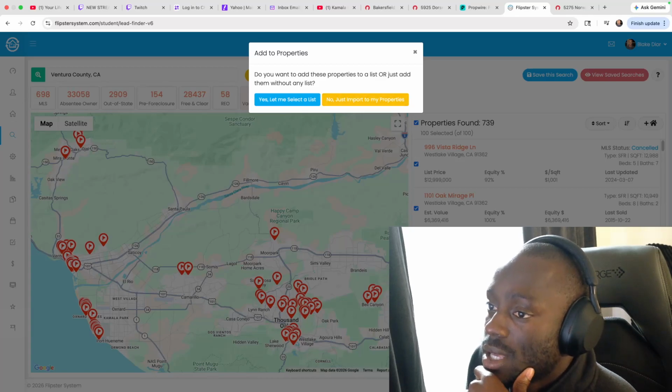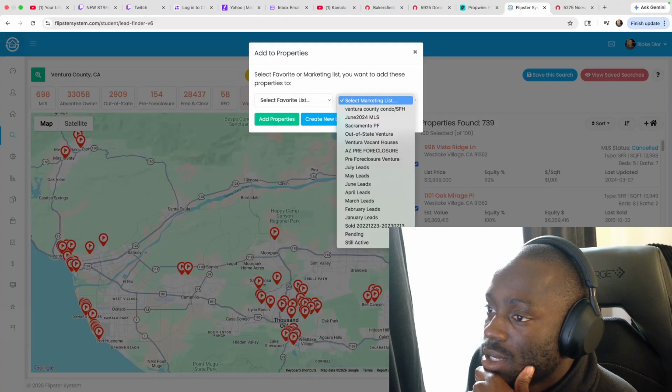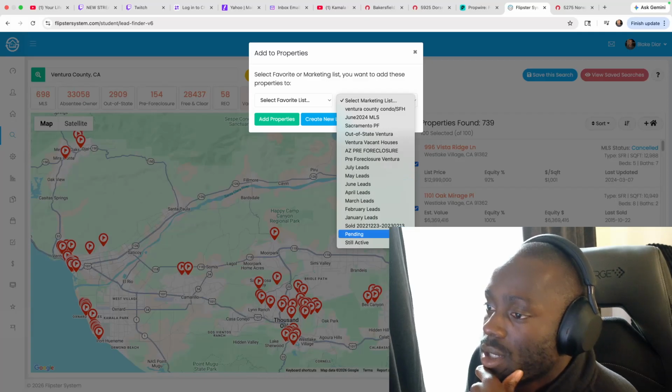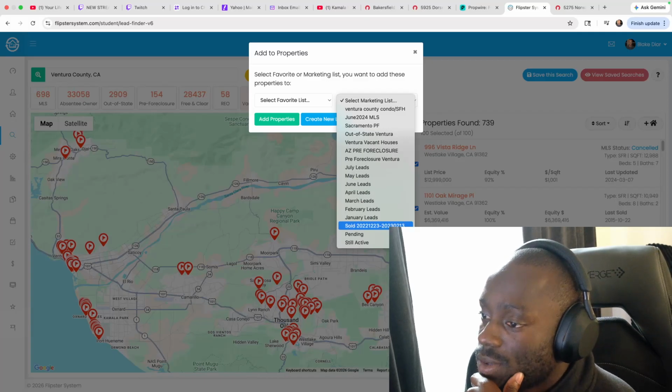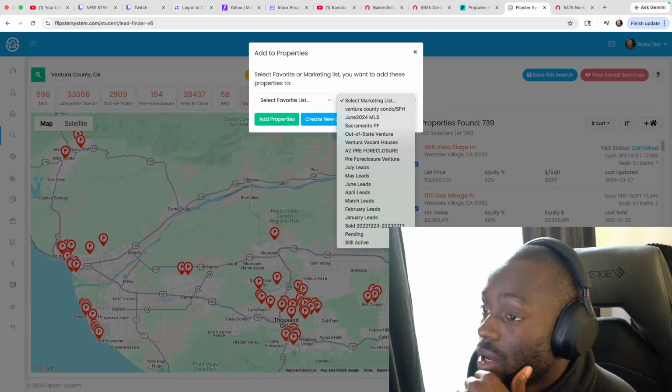So it says, do you want to add these properties to a list or just add them without any list? Let me select the list. So this is all the stuff that I did in the past, since 2022, I think 2023. And so I need something new.